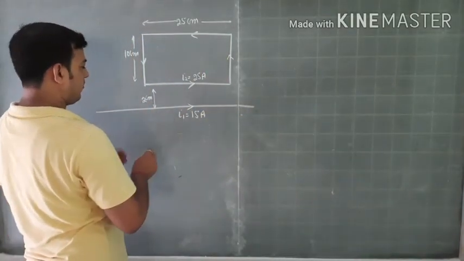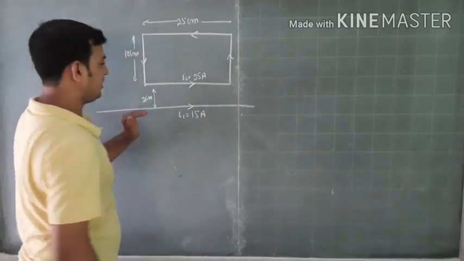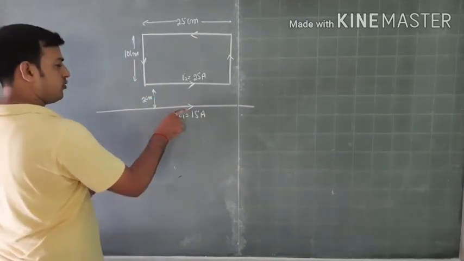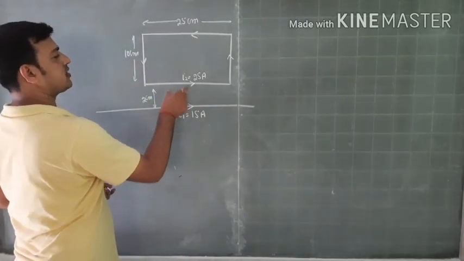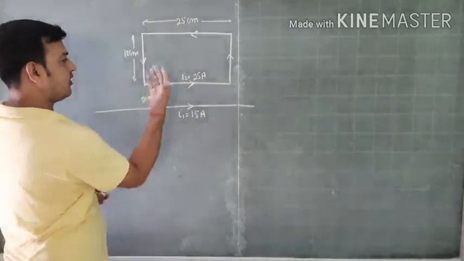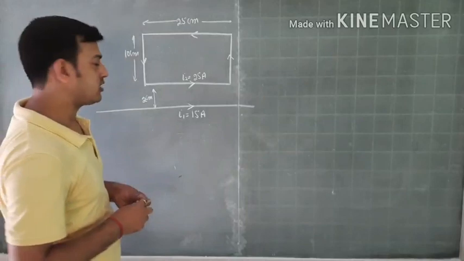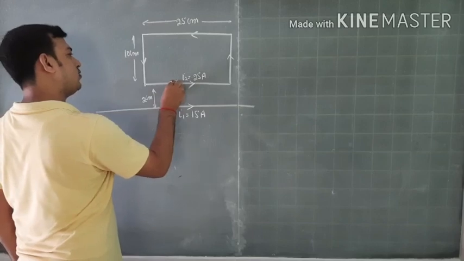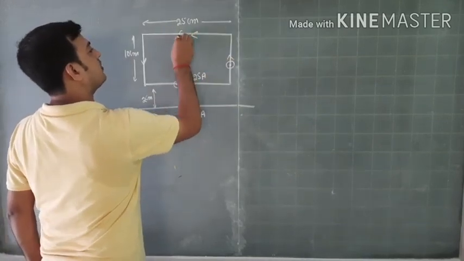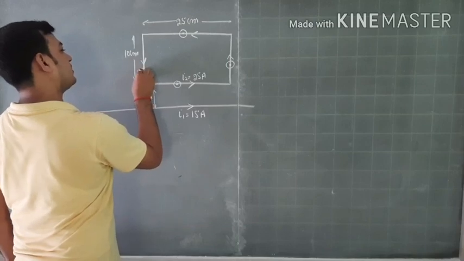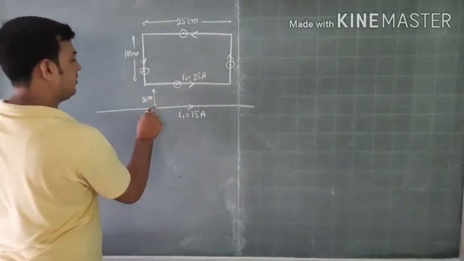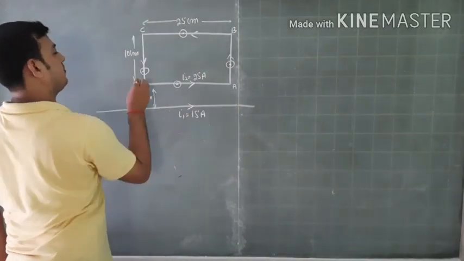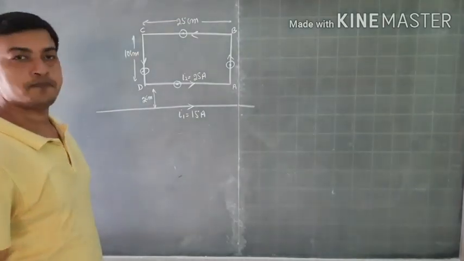So for that, first of all, see that this is an infinite long wire, and this wire will apply a force on this loop. For this wire, the magnetic field just above it will be in the outward direction. You can apply the Palm rule or the Maxwell's rule. So for this wire, the magnetic field is outwards everywhere, in this arm, in this arm, in this arm and in this arm. I will name the branches A, B, C, D.